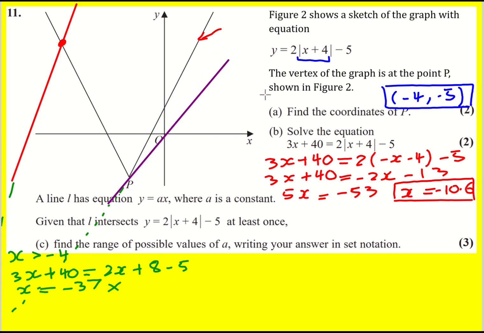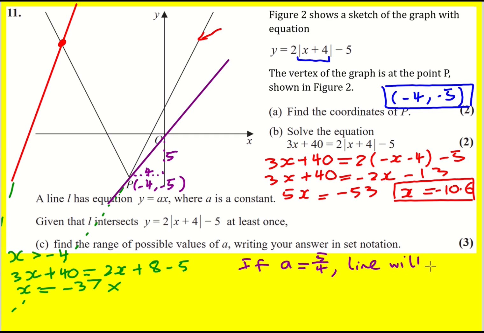So let's find out that gradient. That's going to be on the threshold, essentially. So remember, this point P is minus 4, minus 5, which means that I'm going to be going along 4 and up 5 to get to the origin. So if a equals 5 over 4,